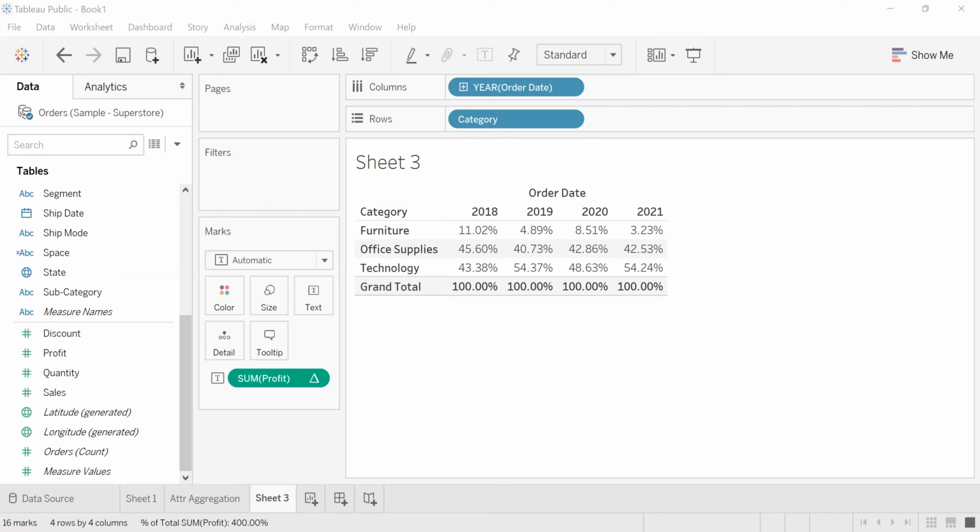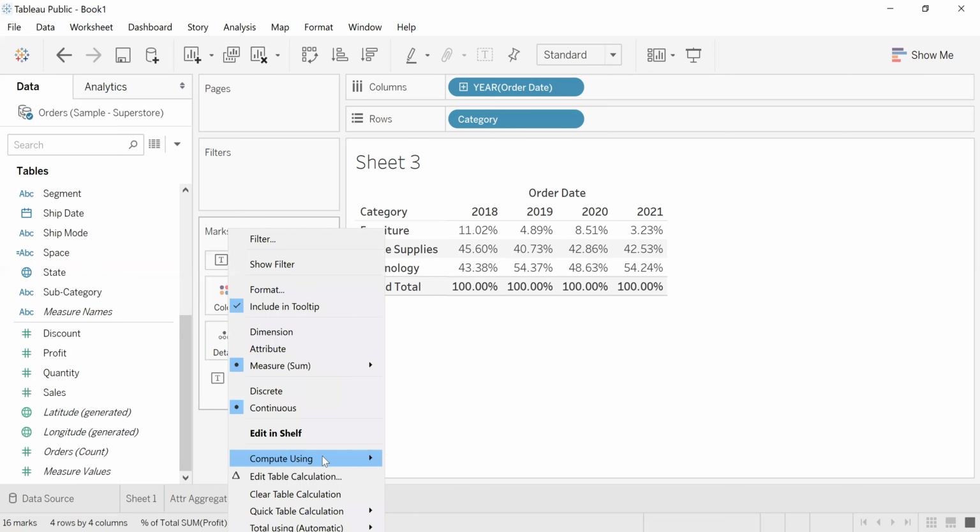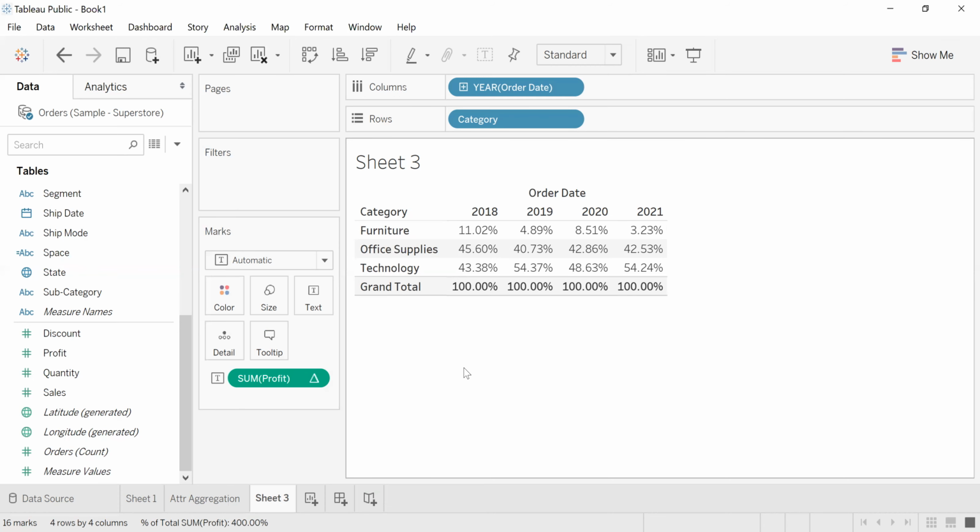Got it. So any doubt here? Okay. So we have another option called compute using. Whenever we talk about table calculation, it has two things. One is partitioning.